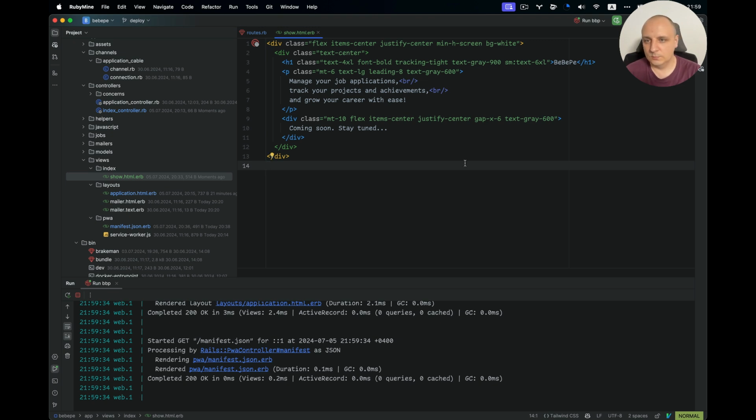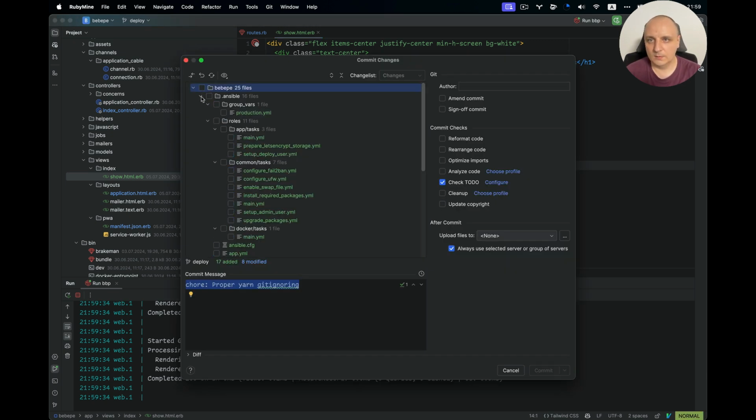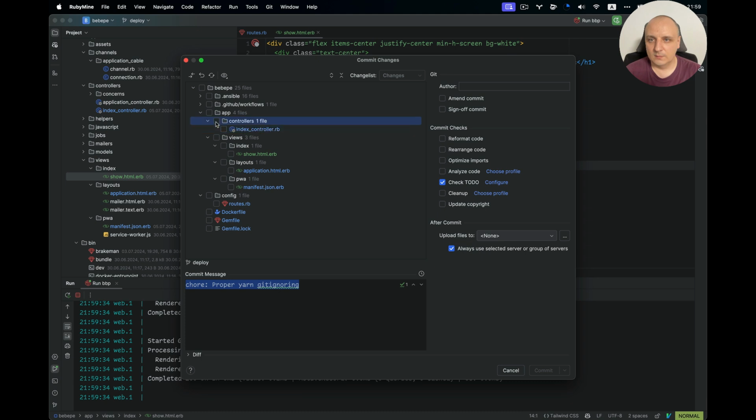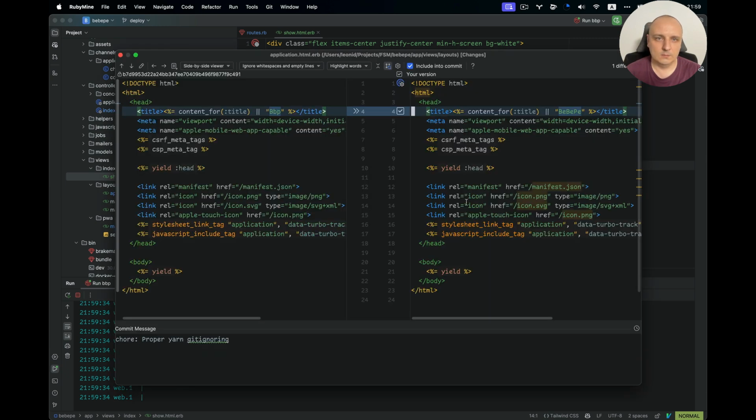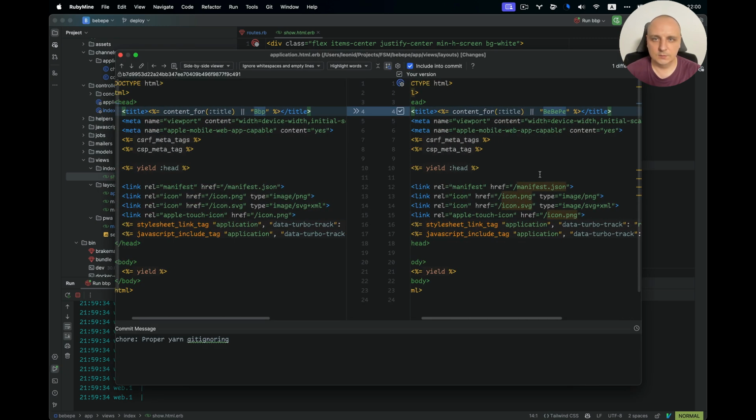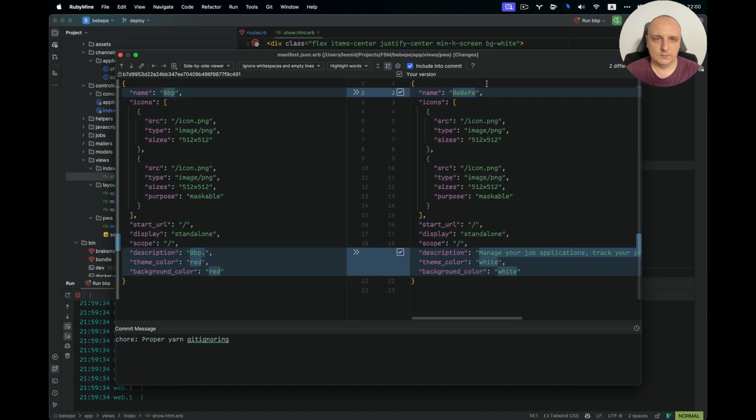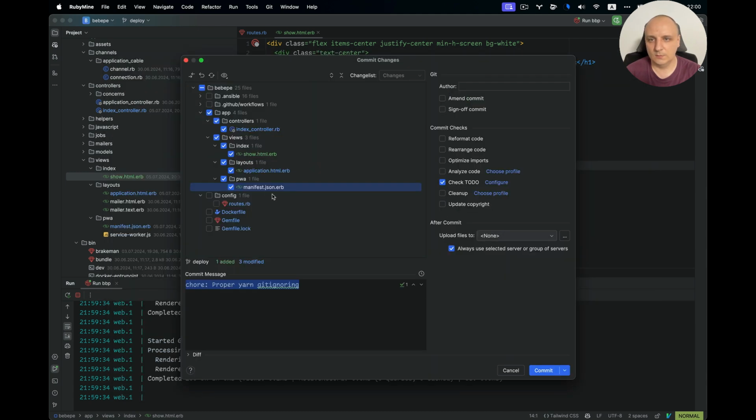Okay, at this point, I would like to commit or ignore this for now. I have some preparations to save time. We need controllers. We need show. We need all views actually. Application HTML layout. There is almost no changes. I just changed this text here. Manifest also some change in name and description, and that's about it. Routes, yes, we need routes, and that's about it for